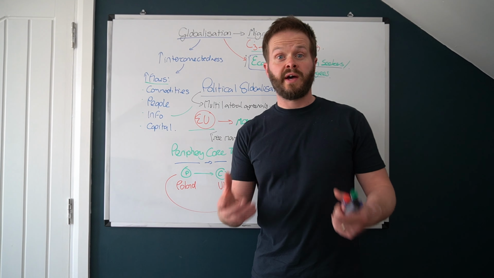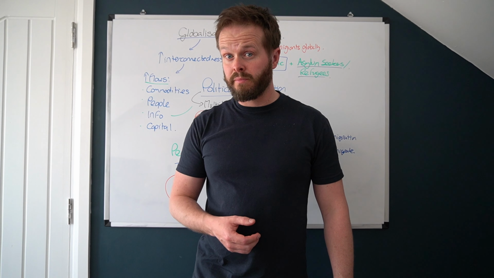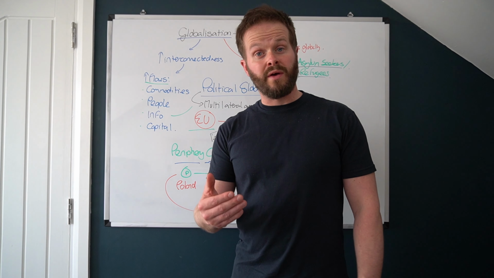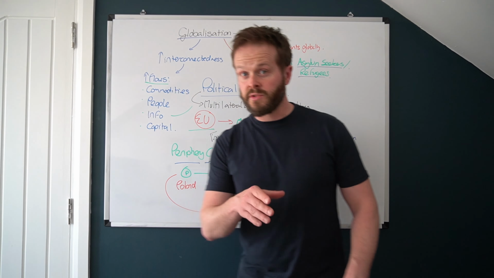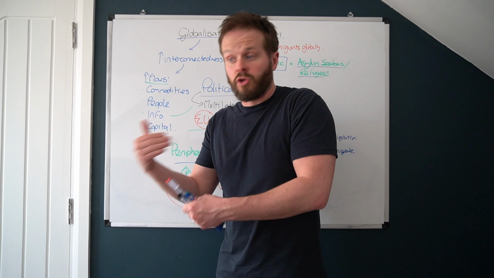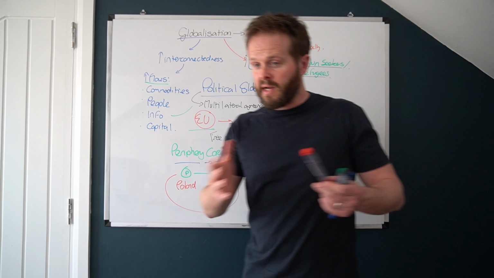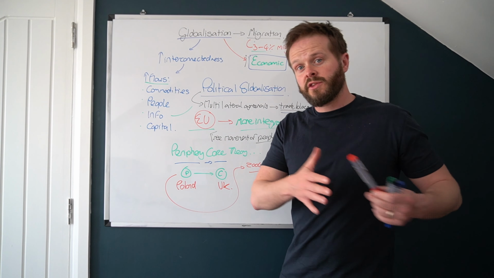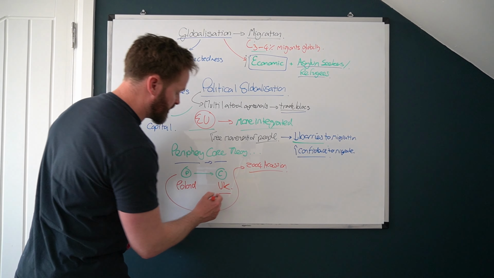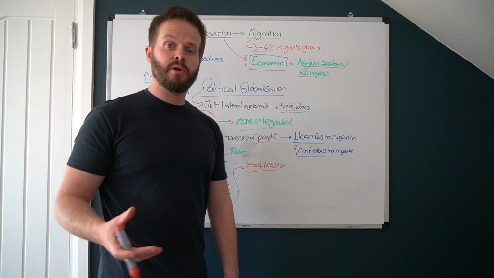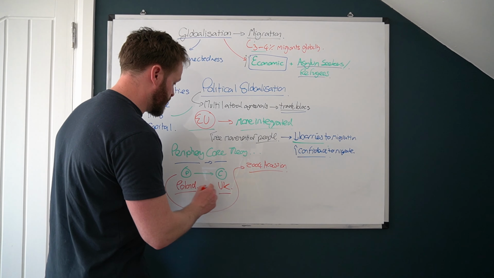And there was 40% unemployment in the under 25s. Average monthly wage was around €500 per month. Not great. Whereas if we compare this to the UK, where for low-skilled labour the wages would be 4 to 5 times higher than that. We had low-skilled labour in Poland, the need for a low-skilled labour force in the UK, and so therefore we had the movement of people from Poland to the UK to improve their quality of life. It makes sense. The UK needed the labour force, Poland had people who were unemployed that needed the work. We create a flow of economic migrants. Now that's the theory that you want to use.